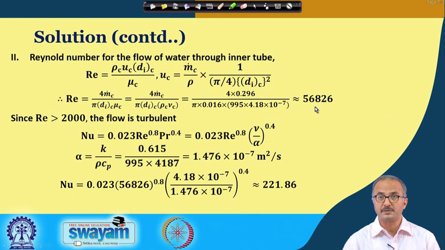So, now this is much higher than 2000, that means we can use the Nusselt number. In the Nusselt number, what we are doing is finding this thermal diffusivity alpha, and the kinematic viscosity is given to us. So, this alpha value we obtain from k over rho Cp. Here you have to take care that you are using the proper units of the various variables, and this is the value of the alpha we are getting.